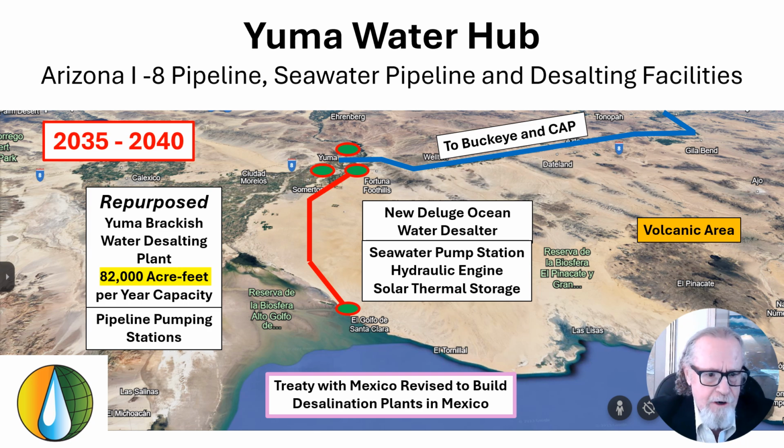That's 82,000 acre-feet per year capacity that we plan to duplicate, that exact same reverse osmosis facility, up in Cholla, at Cholla Lake. We'll also have pipeline pumping stations that'll be operated by our thermal hydraulic engines. The red pipeline, again, that's the new ocean water desalting facility up near Yuma, and the seawater intake will have the seawater pump station with hydraulic engines and solar thermal storage to pump that seawater up that red pipeline